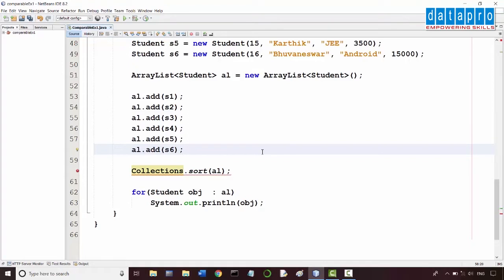So the reason for the error is, when we sort a collection of user-defined objects, how can it know on which field basis the sorting should happen? Whether sorting should happen based on ID numbers or names or courses or fees. That's what we have to convey to the compiler.